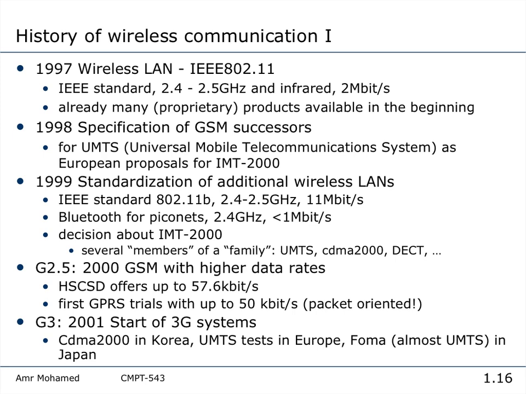Second generation was based on what? FDMA, using broadband communication. Users can communicate at the same time only if they have different frequencies. This was the only way of providing multi-user communication for us. But CDMA talks about multi-user communication within the same band at the same time. So we'll see how this happens.